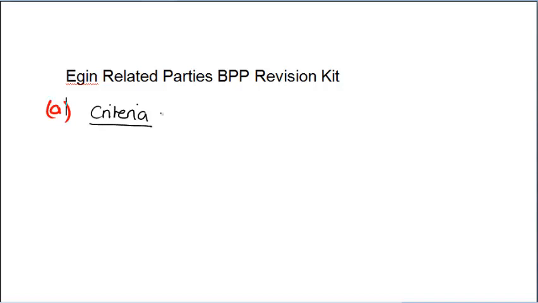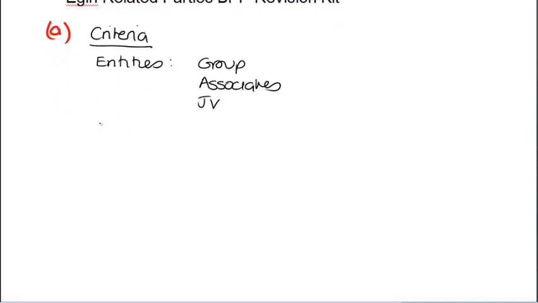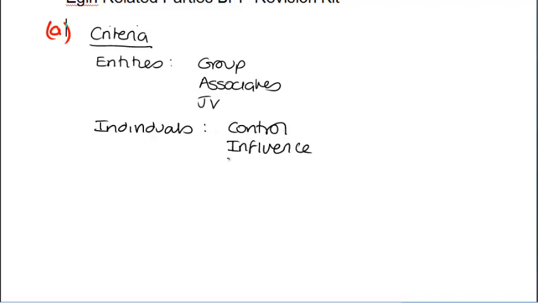And we'd list out the criteria, and this is a straight knowledge dump. This is, what do we know? So the criteria, we would say, for entities: parts of the group, associates, joint ventures. And clearly we'd write more than that, but for individuals: control, influence,